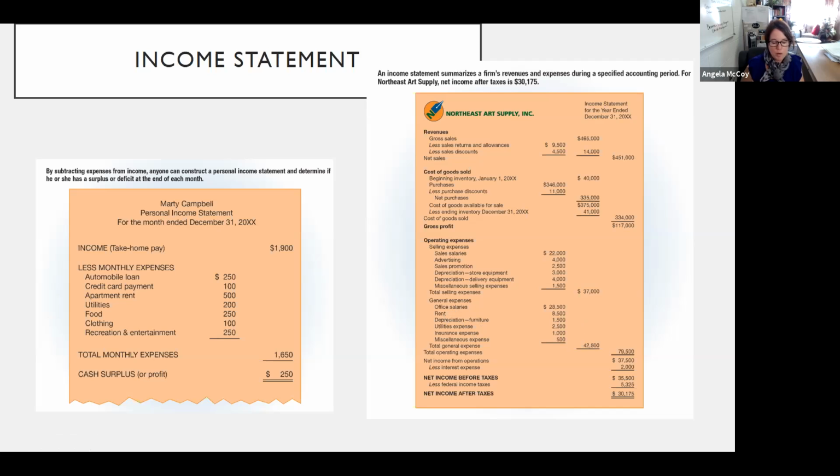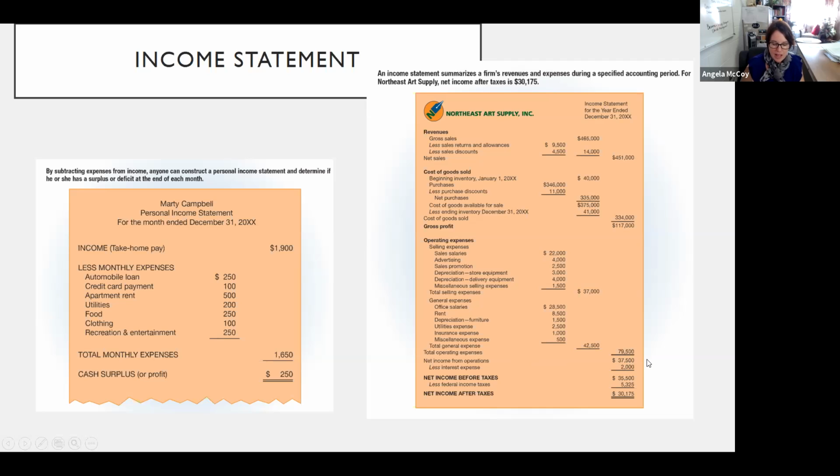Net income: when your revenues exceed your expenses, the difference is called a net income. When expenses exceed revenues, the difference is called a net loss. Net income from operations is computed as your gross profit on sales, which is your $117,000 right here, less your total operating expenses, which was $79,000 right there. For this, the net income then you can see is